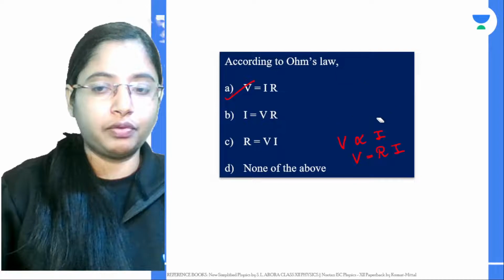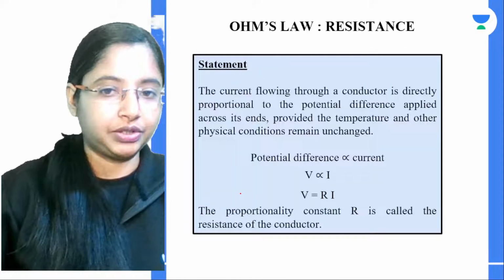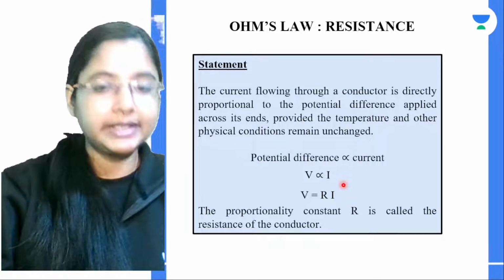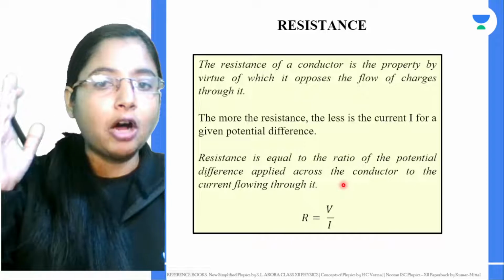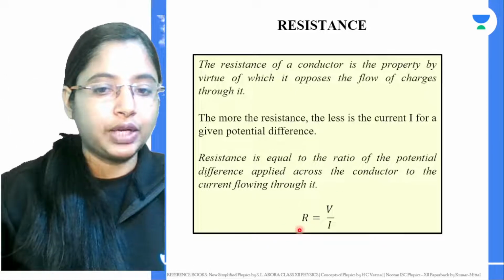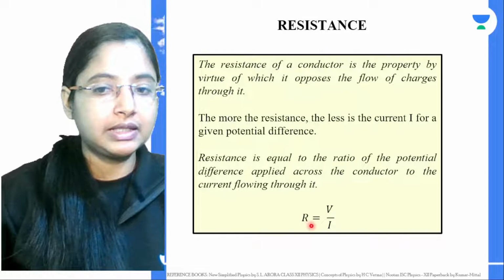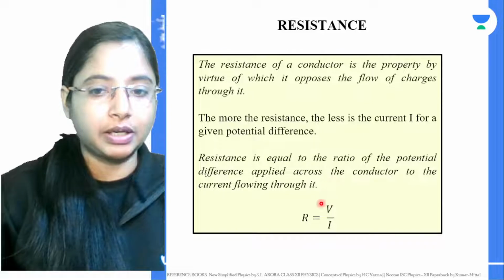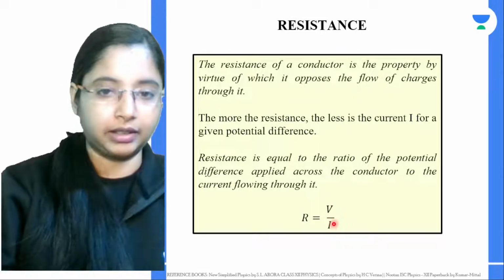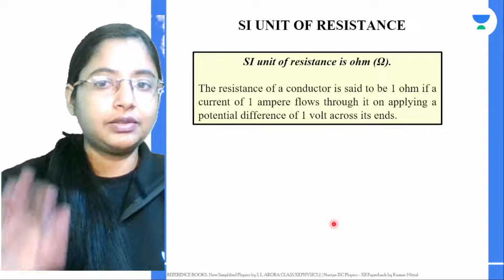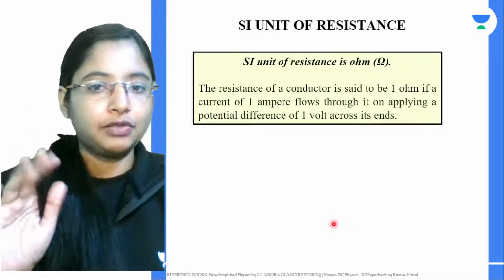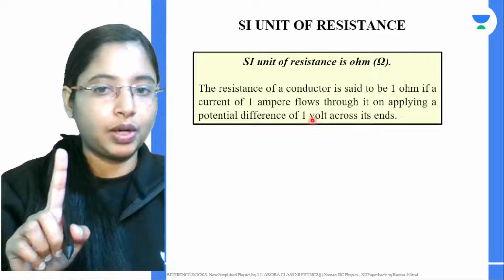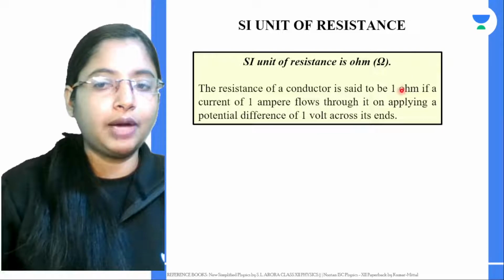So you should always remember Ohm's law works for a constant temperature, okay. And R is nothing but your resistance, and resistance tells how much the conductor opposes the flow of current. From Ohm's law, we can say resistance is the ratio of the potential difference applied across the conductor to the current flowing through the conductor. Okay, now what is the unit of resistance? Very simple. When 1 ampere of current flows, if the potential difference across the resistor is 1 volt, then the conductor is said to have 1 ohm. So resistance